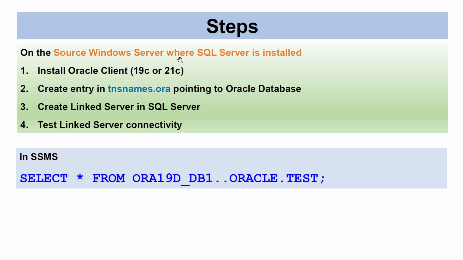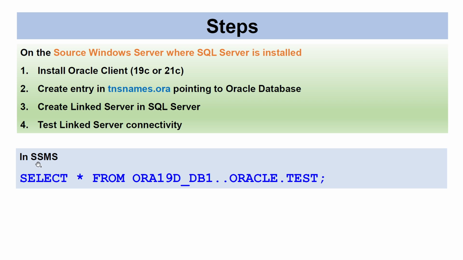On the source Windows Server where SQL Server is installed, install the Oracle client. You can either use 19C or 21C. Create an entry in tnsnames.ora pointing to the Oracle database. Create the linked server in SQL Server. Test the linked server connectivity. Once this is done, you are now ready to access the Oracle tables from the SQL